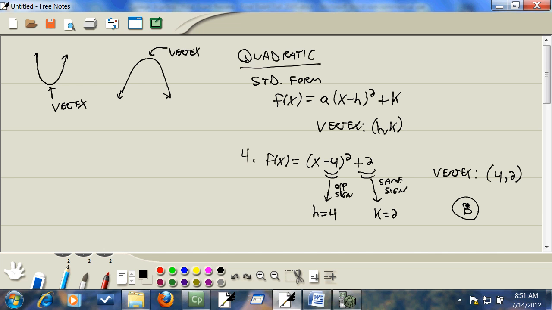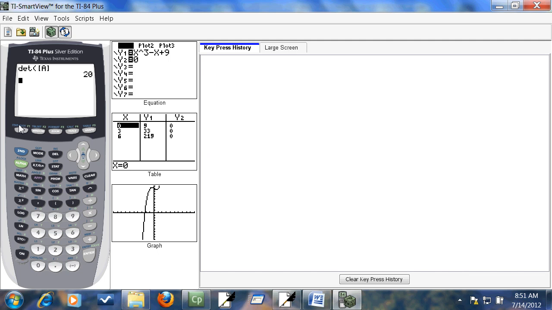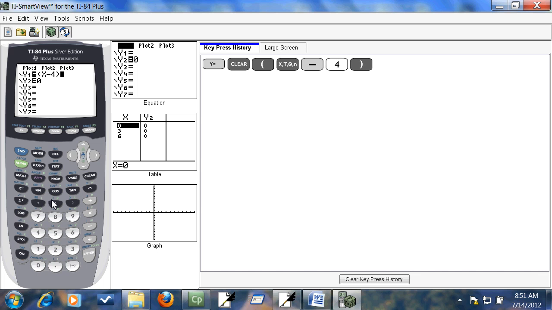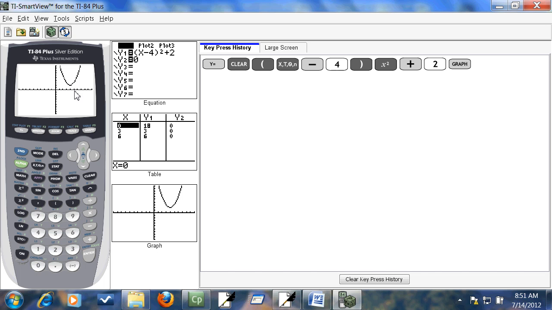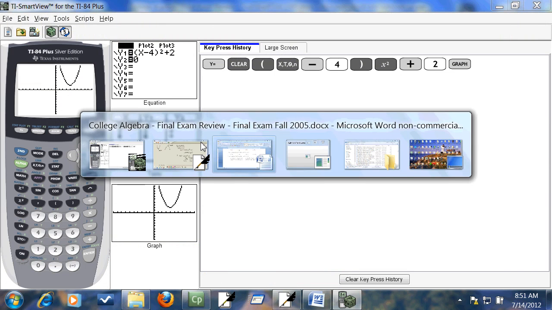Okay. How can you use a calculator to do this? Well, if you remember what a vertex is, you can come over here, press your y equals, clear, and graph it. Do a beginning parenthesis, x minus 4, close parenthesis, x squared, plus 2. And then graph. And you can eyeball it and see it. There's actually even a function to do it, but eyeballing it on a multiple choice test definitely would give you